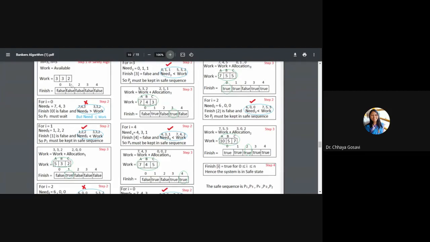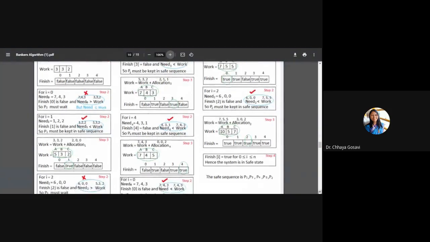Work is 332, so new work is work plus allocation, which is 532. So now the system has 5 resources of type A, 3 of type B, and 2 of type C. And we'll continue with our algorithm.